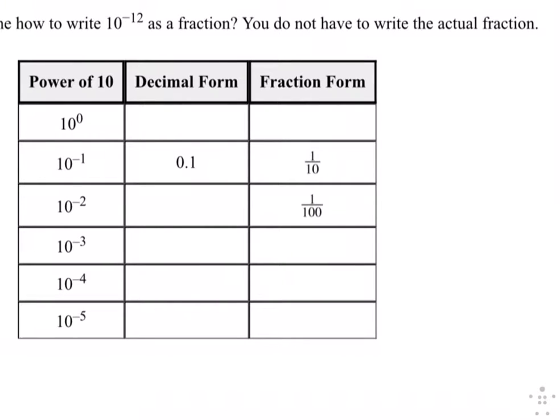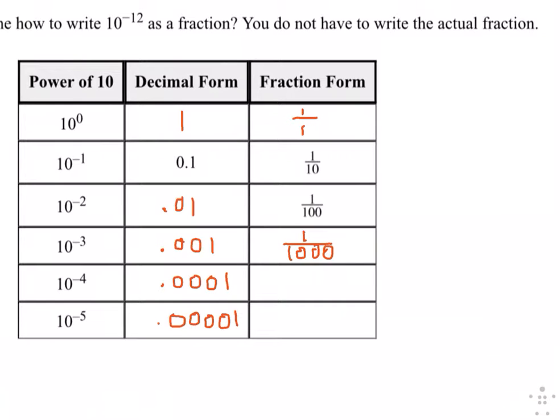So 10 to the 0 is 1, right? And how would I write 1? 1 over 1, right? And so now down the decimal form, I went from 1 to 0.1. So the next one's going to be 0.01, and the next one's going to be 0.001, and then 0.0001, and then 0.00001, right? And in the right, it was 1 over 1, 1 over 10, 1 over 100, 1 over 1,000,